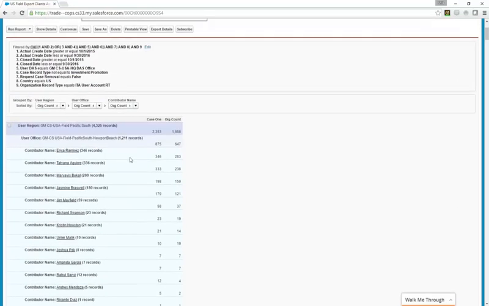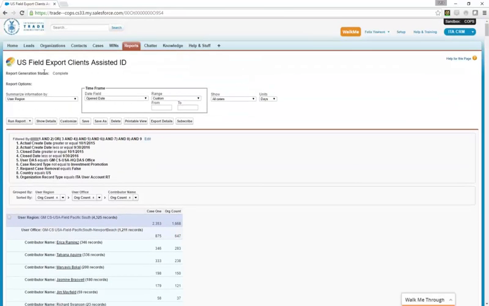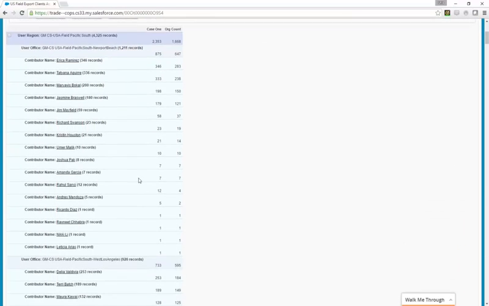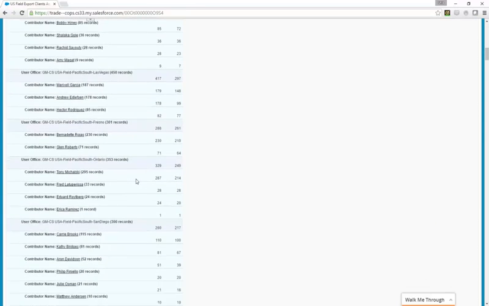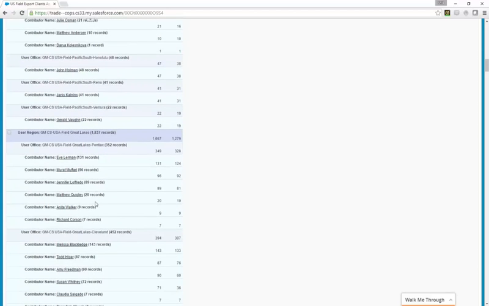So if I'm in the US and I go to the US region folder and I click on the US field export clients assisted in-depth report. If I only want to see my region, let's say I am in the Great Lakes region and I only care about that, I don't want to see all of that. All I need to do is to click on that report,